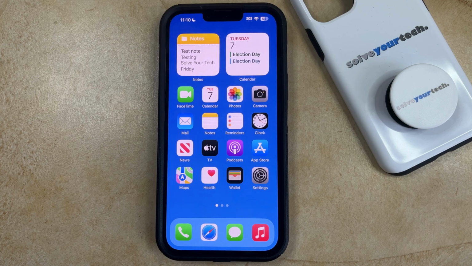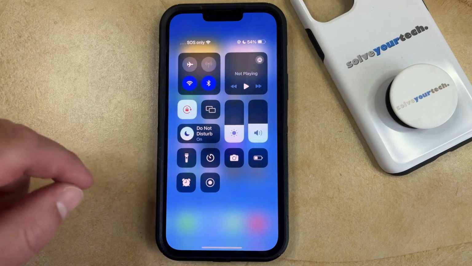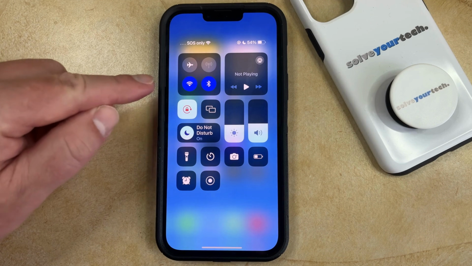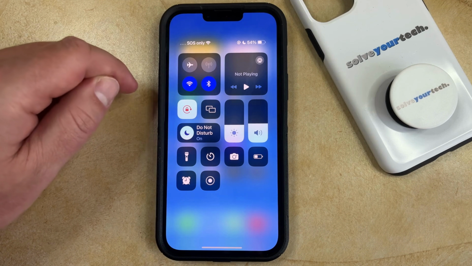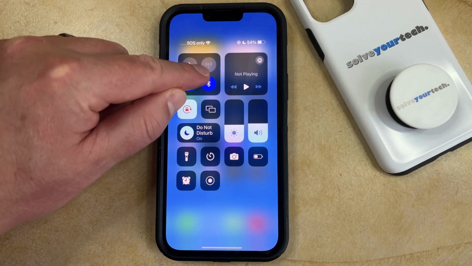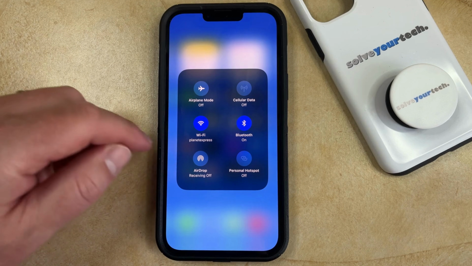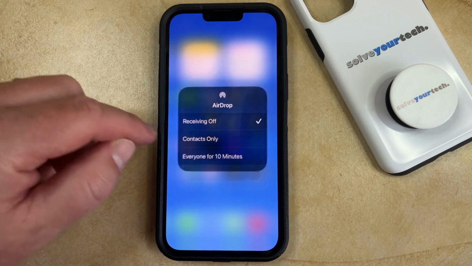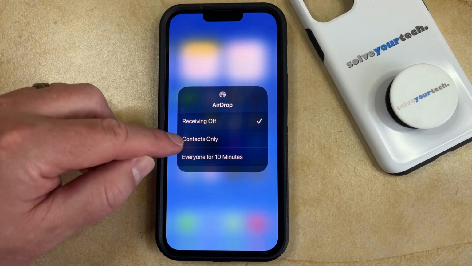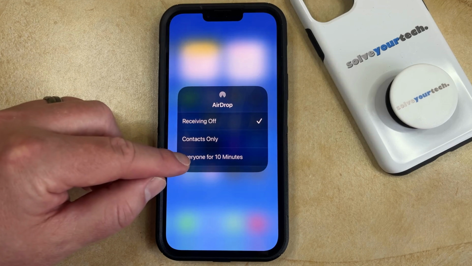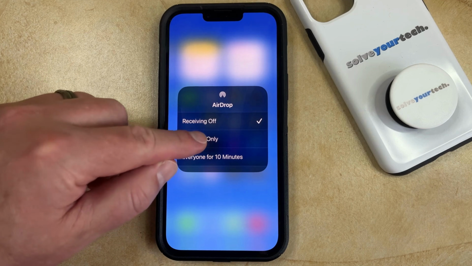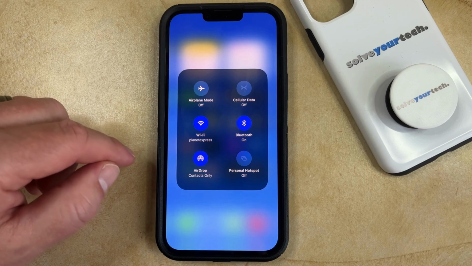There's two different ways that you can turn on AirDrop so that you can share files with other people. The first option involves opening the Control Center, which you do by swiping down from the top right corner of the screen. That's going to bring up this menu, and now you just need to tap and hold on this wireless square at the top left of the screen. Now you'll see that there's an AirDrop option here, so if you tap that button, then you can select either the contacts only or the everyone for 10 minutes option, depending on the person with whom you want to share